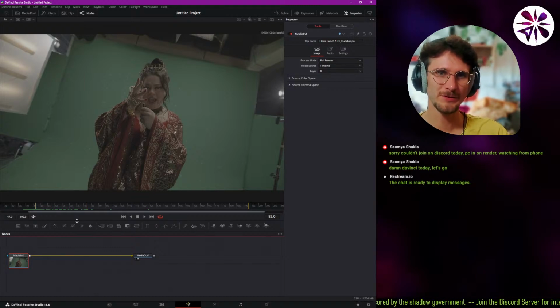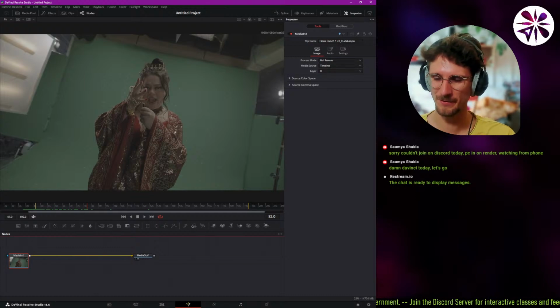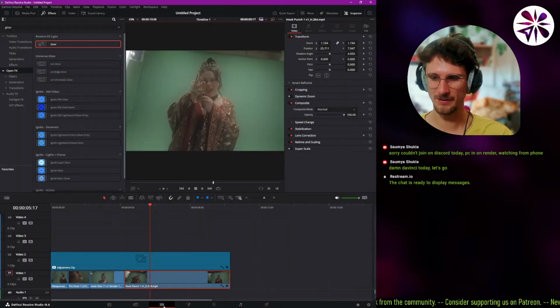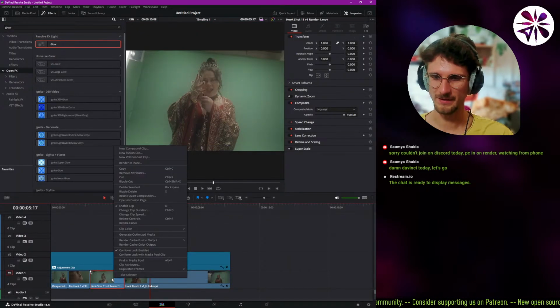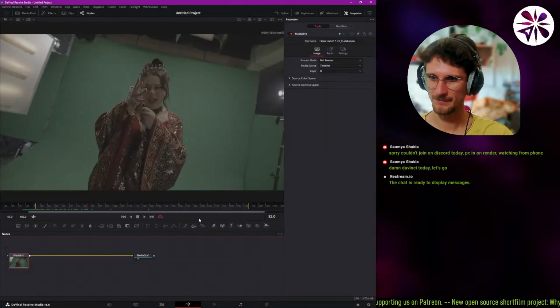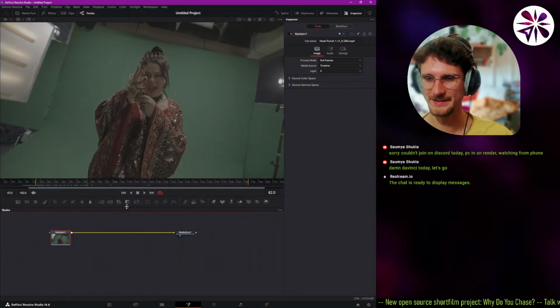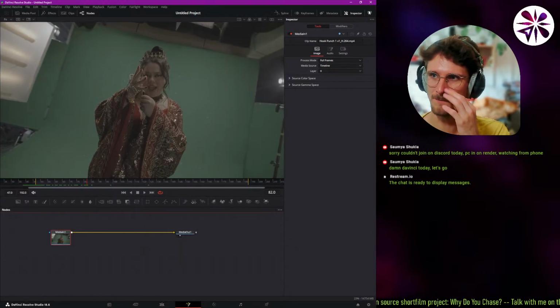And I would recommend to you guys to always do this, because sometimes it can happen that you just quickly switch to the Fusion page, do your effects, and suddenly you notice, oh shit, I did the effects on the wrong clip, it's not on the clip that I wanted it to be on. So just to avoid that, make sure that you always open the Fusion page by clicking on this Open in Fusion page. So I'm doing that. And now let's get into some basic node compositing